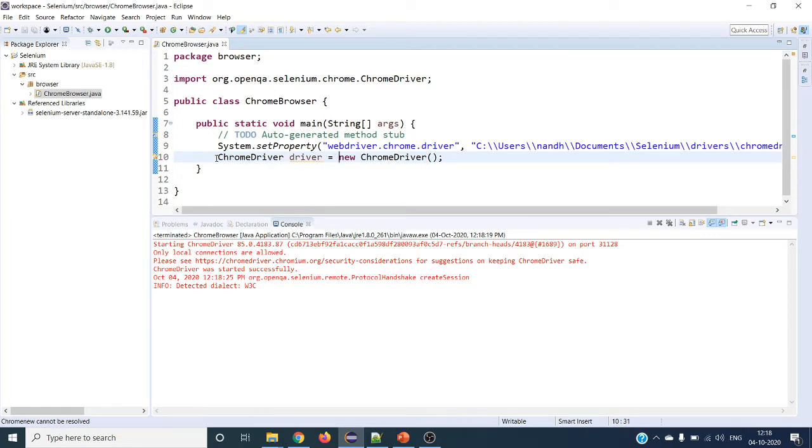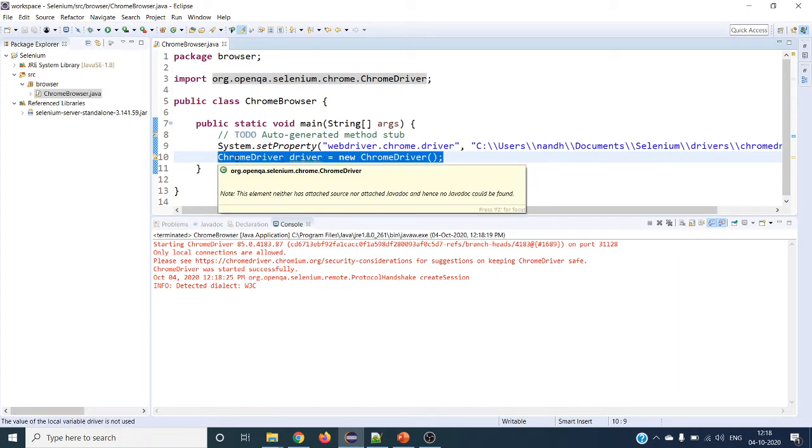You may think why I am giving Chrome driver here instead of WebDriver. If you are working with only a single browser like Chrome driver or Firefox driver, you can give Chrome driver directly. It is not required for us to give WebDriver necessarily all the time. There is no harm in using WebDriver as well, but it is good practice to give Chrome driver if you are working with a single browser. If you are working with multiple browsers, like you want to do cross browser testing, then you can go for the WebDriver interface.